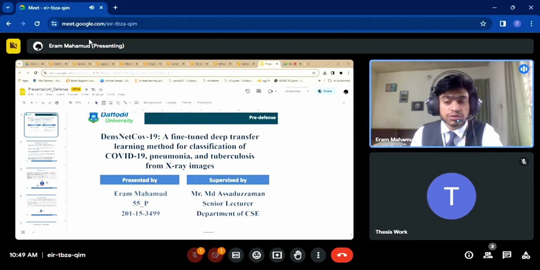My name is erammahamud. My student ID is 201153499, and I am excited to share my research on DenseNet COVID-19, a fine-tuned deep transfer learning method for classification of COVID-19, pneumonia, and tuberculosis from X-ray images. In a world increasingly dominated by technological advancements, understanding the profound effects of artificial intelligence and deep learning has never